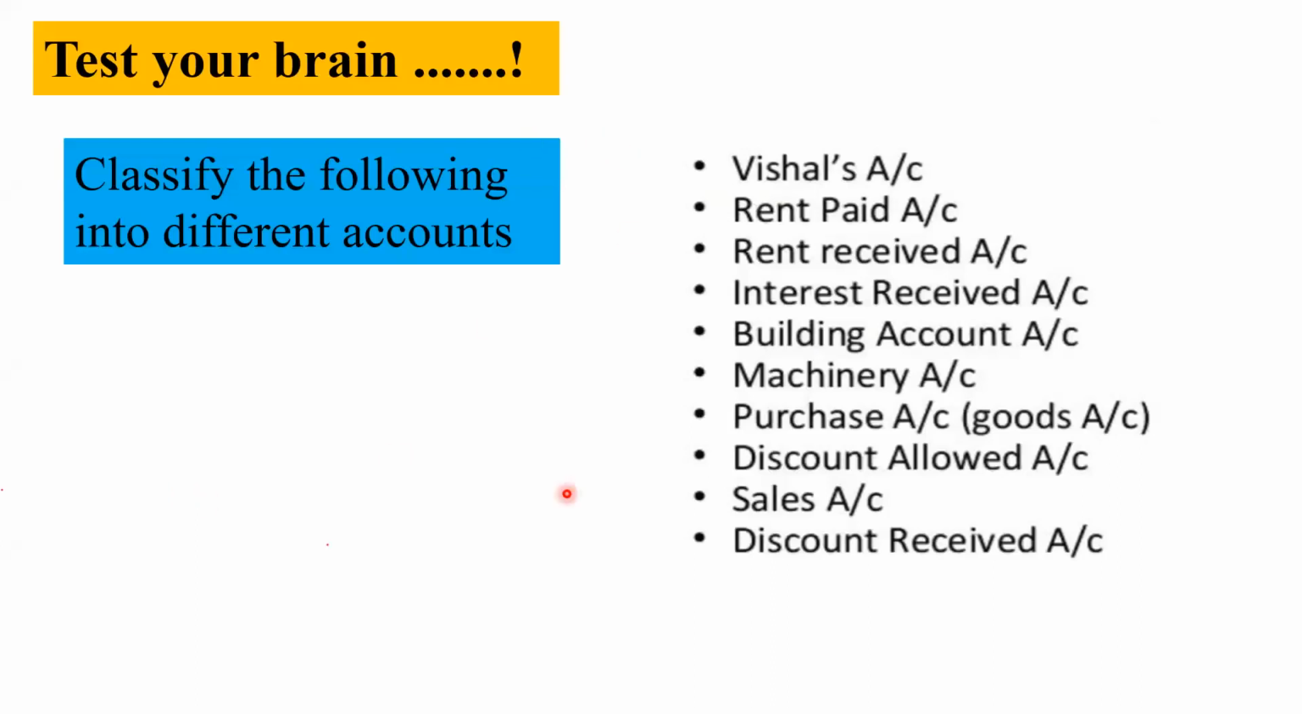I'm going to post the video. In this video, the last part will be there, and you people can try it yourselves. Vishal's account. Which account will it come under? Personal account. Rent paid. Which account? It is an expense, so obviously it should come under nominal account. Rent received. It is a gain, so again it will come under nominal account. Interest received, nominal account. Building account,